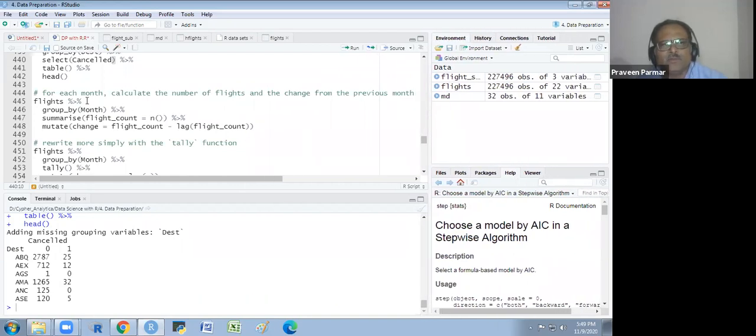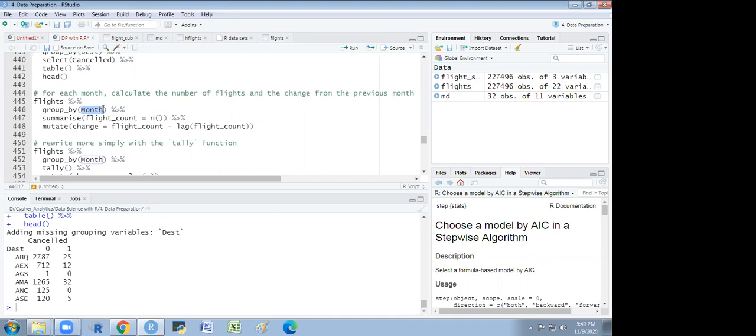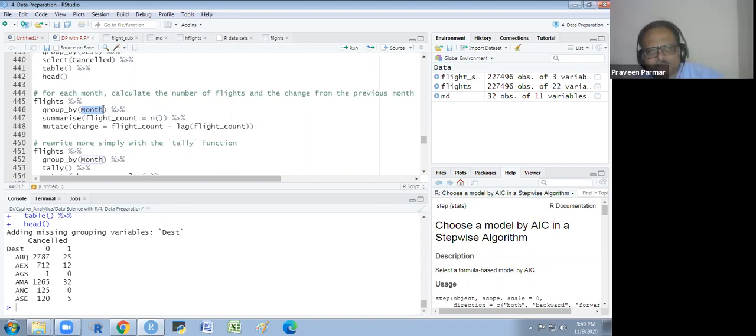Now I will show you for each month: calculate the number of flights and the change from the previous month. So for each month, we just group by month. We will get 12 observations for the 12 months. Then we count how many flights in each month, and then the change from the previous month. We also want to know how many changes this month from the last month.